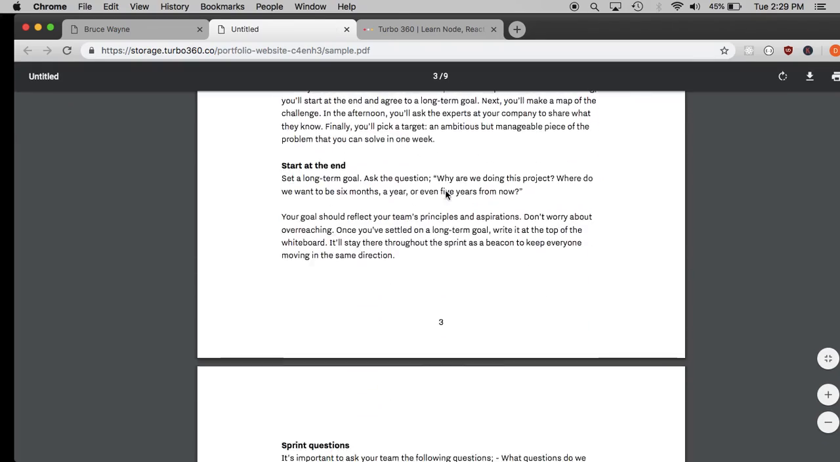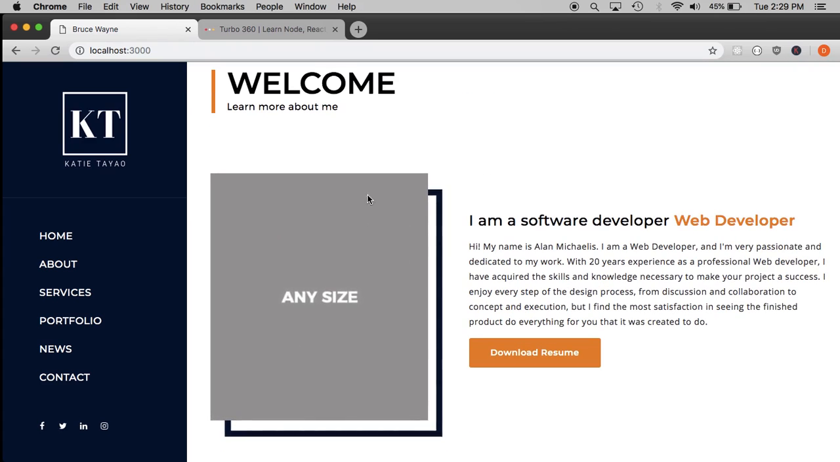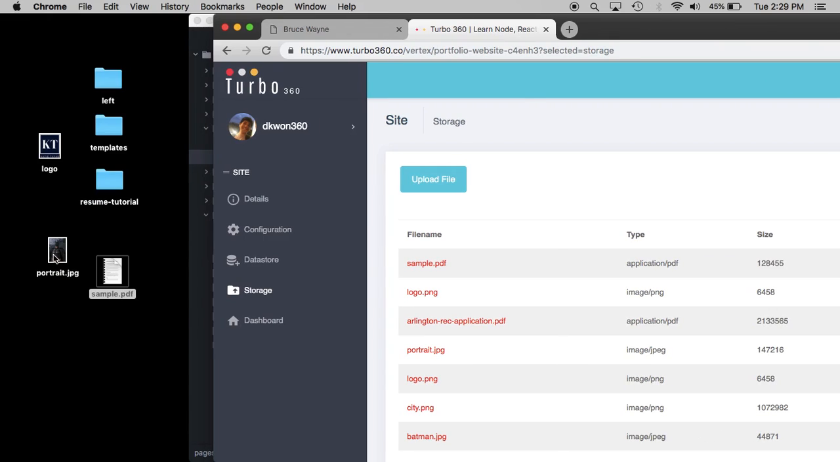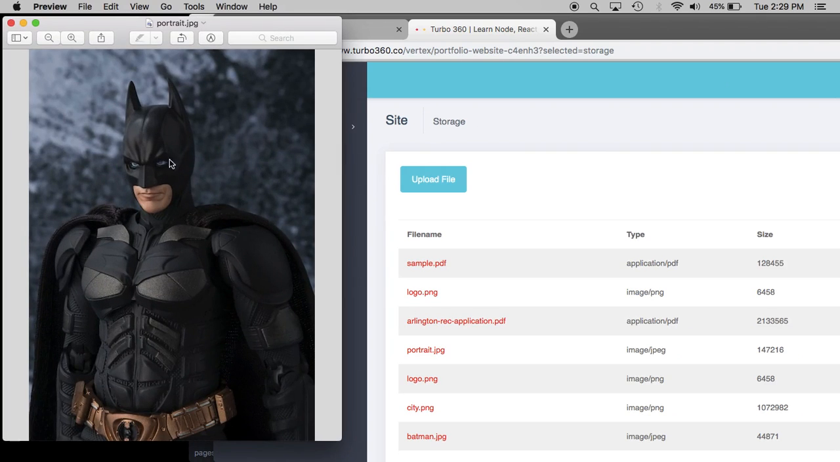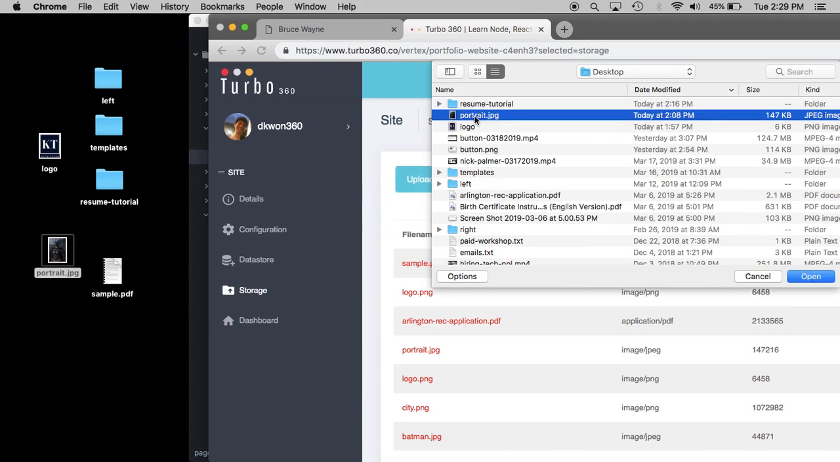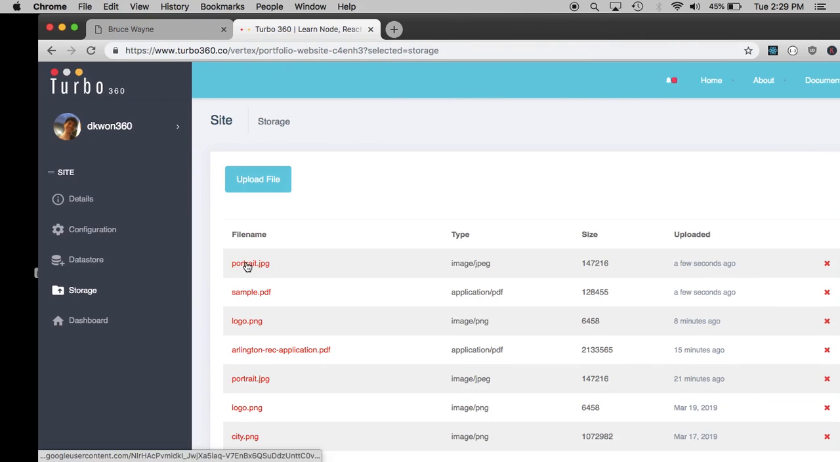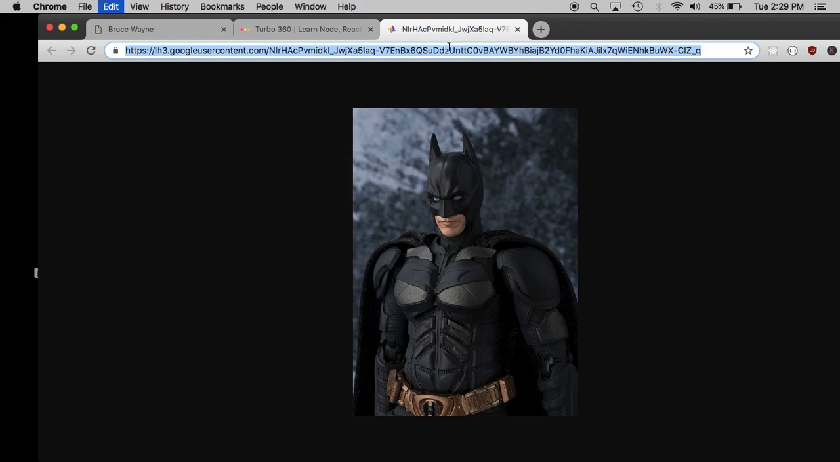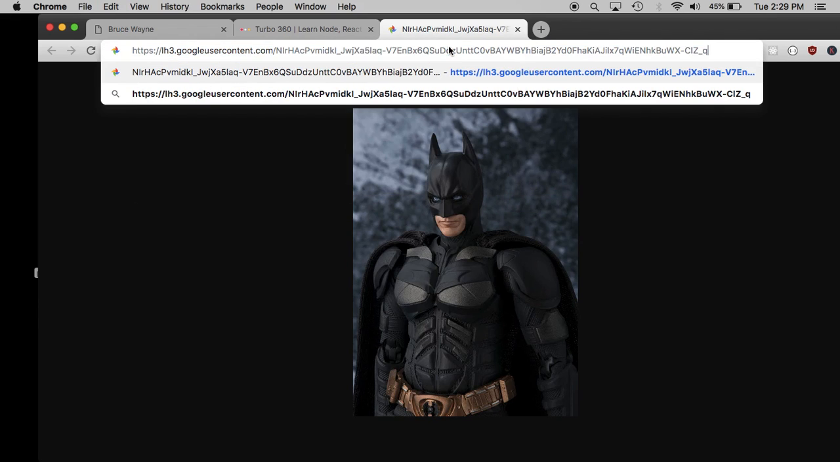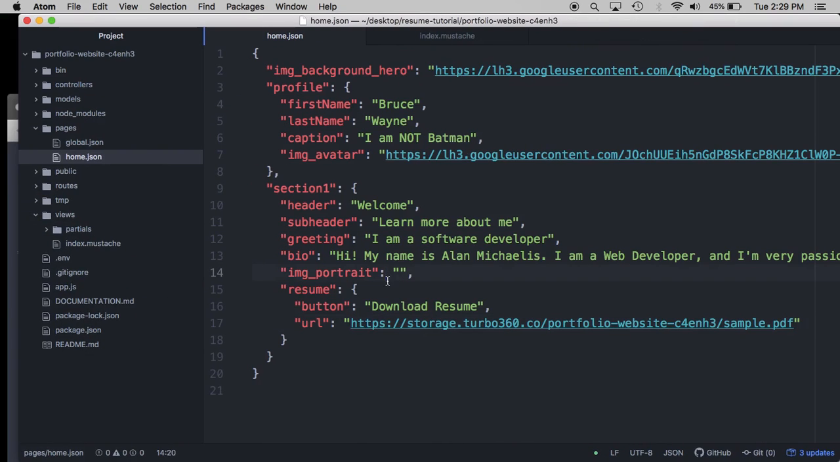Looks good. Okay, and then last thing is this image right here. So I have an image already prepared for that. That's going to be this portrait image of Batman. So let's go ahead and upload that. Let's take a look and see how that looks, which is good. Head back into here and then